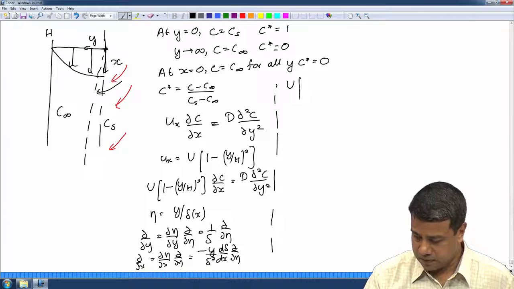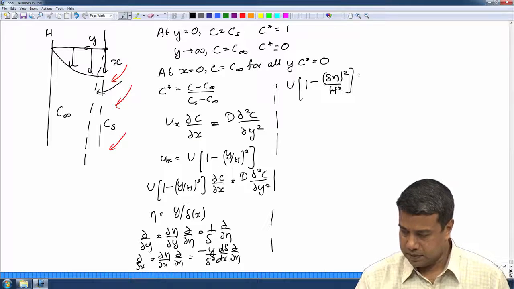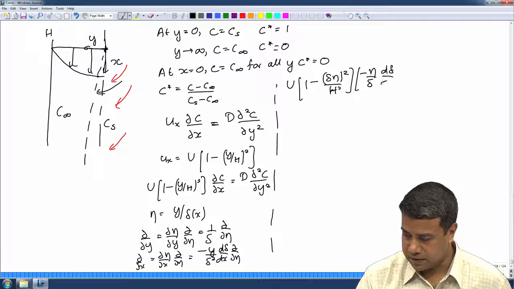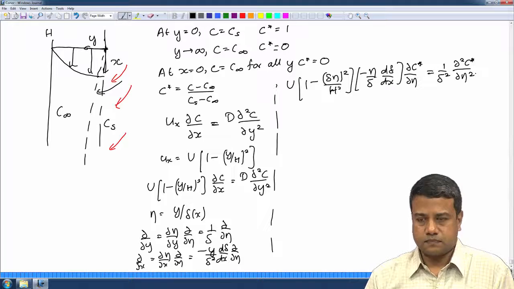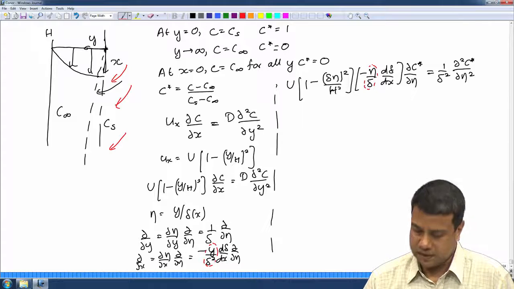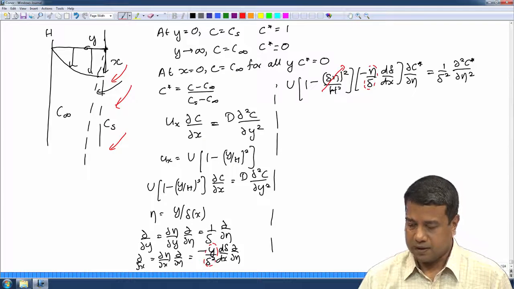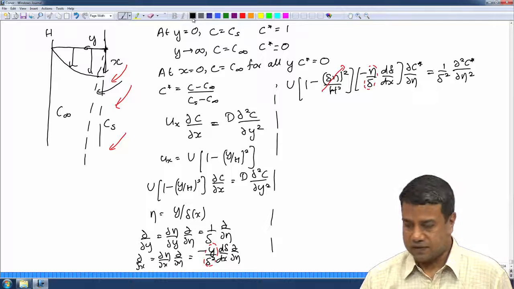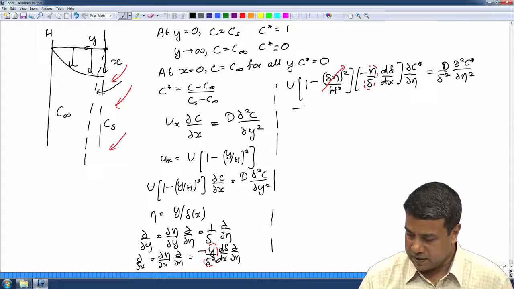So, therefore, you can write this as u into 1 minus delta eta the whole square by h square, into minus eta by delta d delta by dx. This term y by delta square can be written as eta by delta. Since delta is small compared to h and eta is of order 1, this term can be neglected, and we will get back the equation that we had earlier for this flow past a falling film. My apologies, I should have a diffusion coefficient in here. So, I will get minus u by d, eta by delta